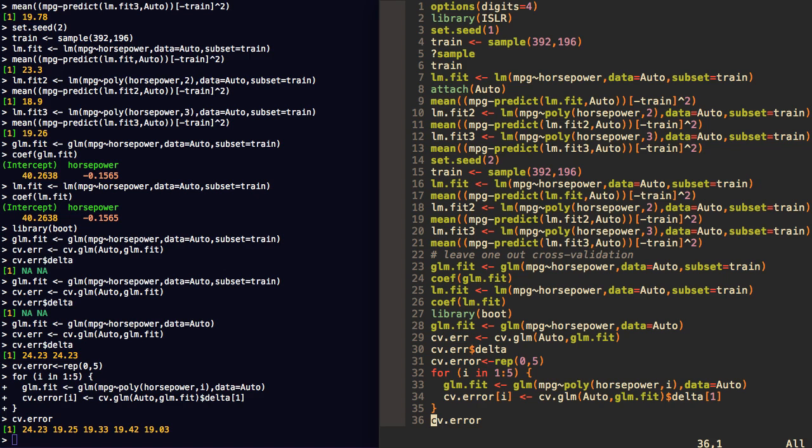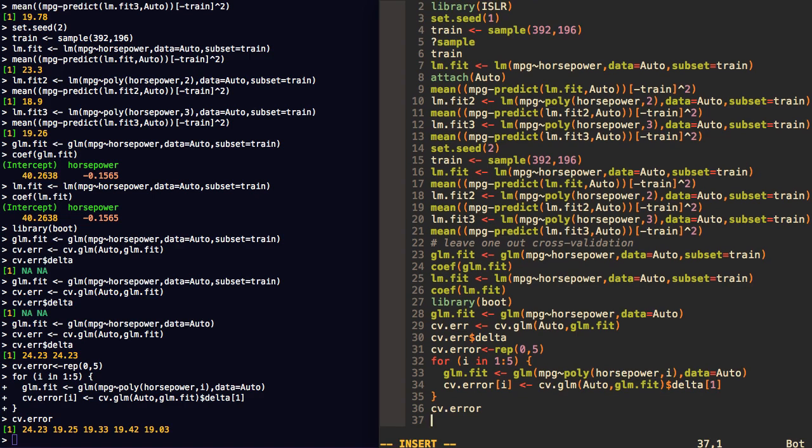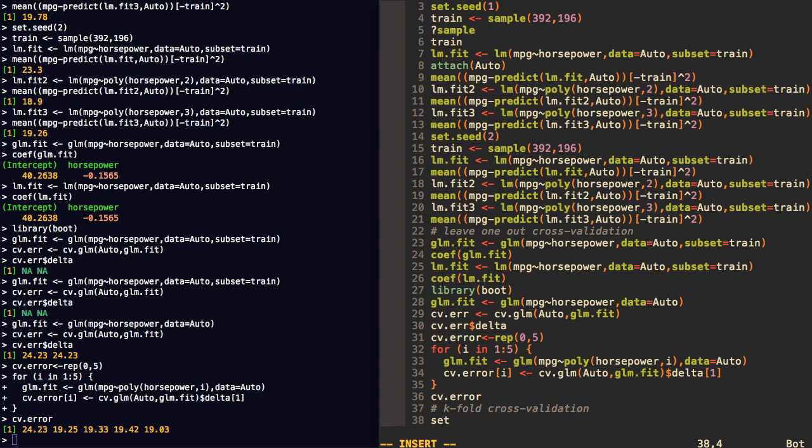Okay, and so we get the exact same results that we've gotten before, which is that going to the second power provides a much better estimate of mean squared error, but going to the higher powers doesn't really do much of anything. Okay, now having done this, we're now going to switch to k-fold cross-validation, and remember that k-fold cross-validation is a more general case of what we've just done. So, as you may guess, there's not going to be much of a difference here,